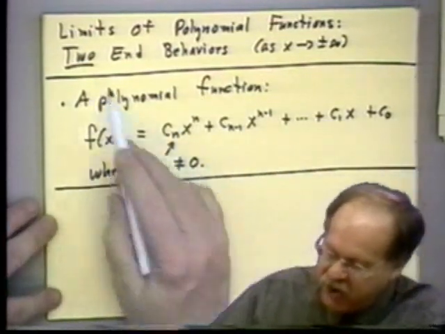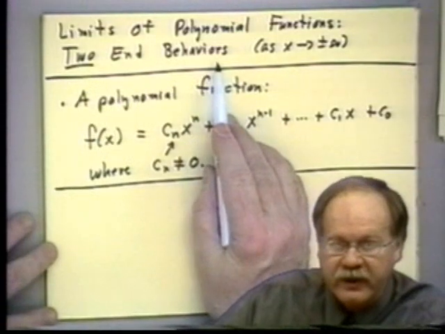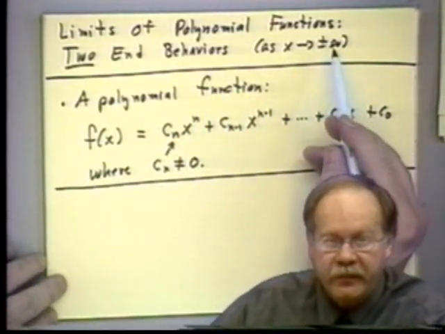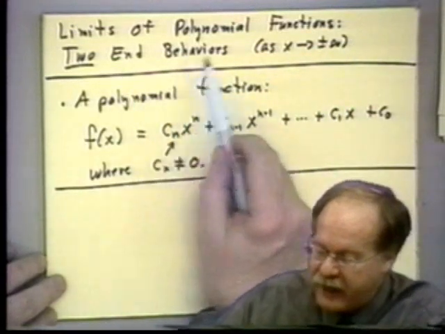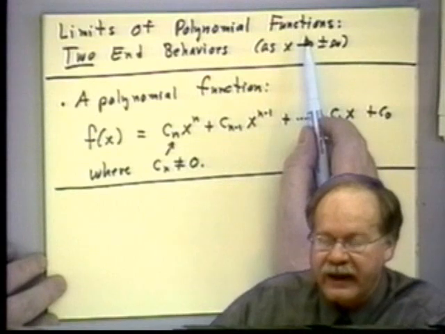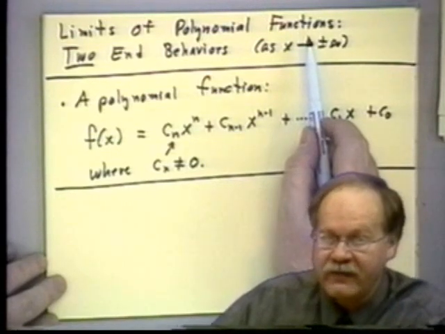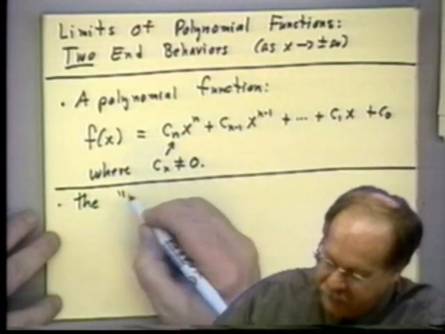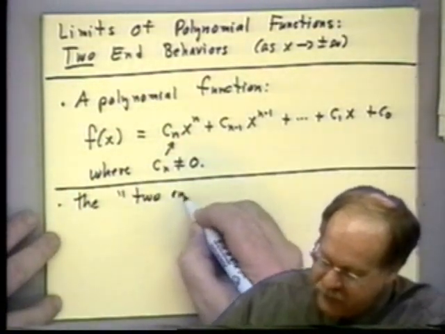Now, what are these two end behaviors I'm referring to here? Do I mean x going to plus or minus infinity? No. I want to talk about the end behavior of the function. So I'm interested in what happens to f of x. And I'm saying that f of x itself has two end behaviors. So let me write down what I mean by that. The two end behaviors